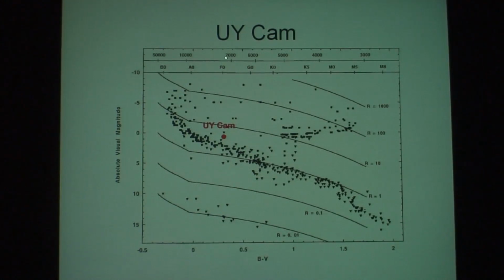If we look up here, we can see it's about 7,500 degrees surface temperature, and one of the points of Cameron Reed's article was to be able to put on theoretical things like what is the radius of a star. So here we can see here's a radius of 1 solar radius, 10 solar radii. So our star is in here, about 4 or 5 times as big as the sun. And does that make sense?